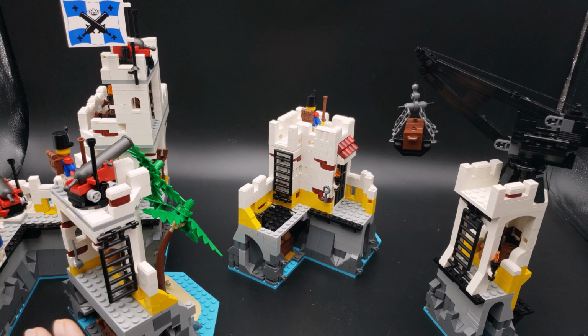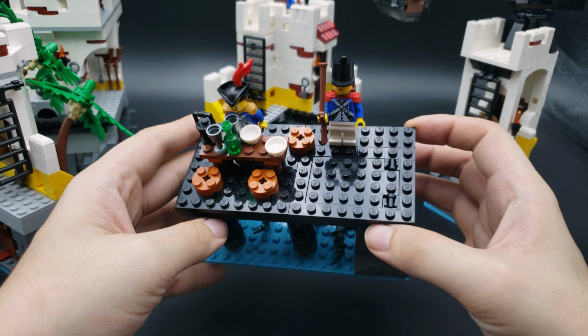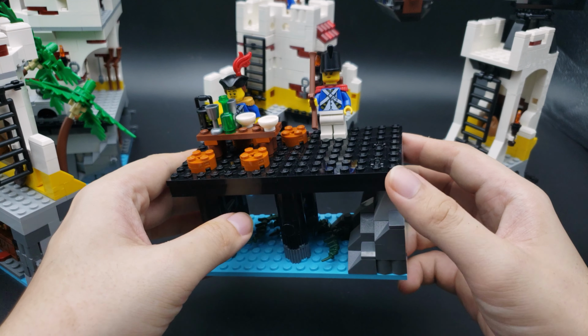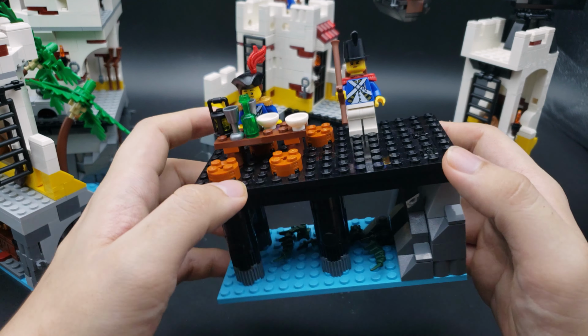It's just really fun to play around with. Let's go through these parts one by one. We have the middle dining area or courtyard area. Take away the table. You got a female officer here, and this guy, I swapped their hairs around because, hey,